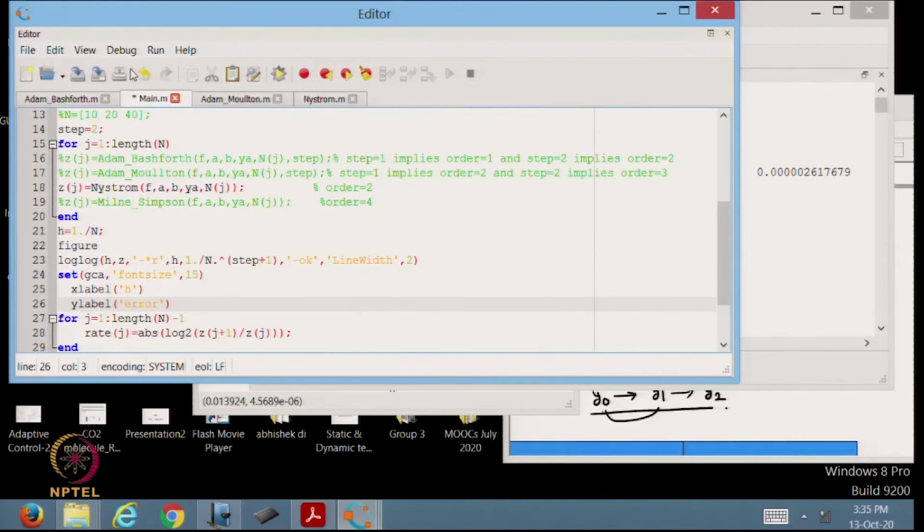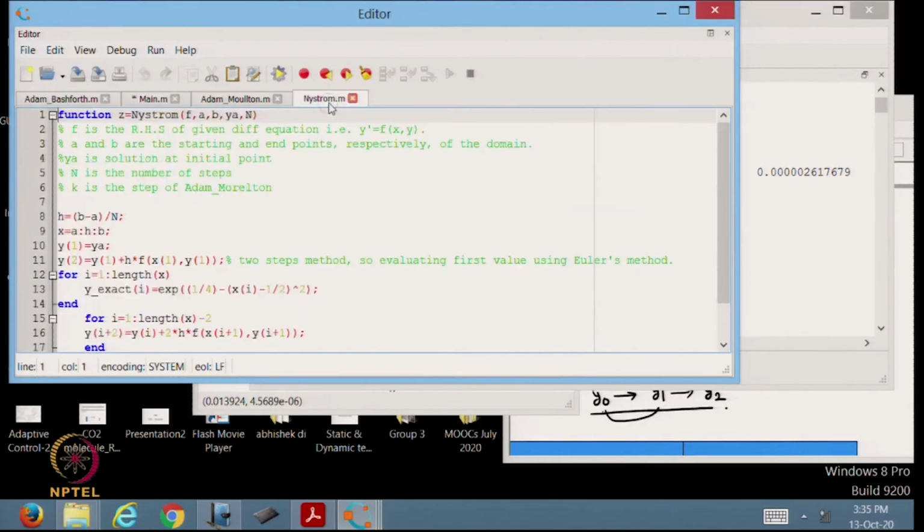Okay. So, because in this case I am implementing just one difference scheme, we are not taking the argument step, because we are not working with different steps. We are working with just leapfrog, that is why the argument step is missing here, intentionally. Now, if I see the function name Nystrom, the function prototype is in front of you, and the meaning of all the arguments is the same except step, which is not here, and I have explained the reason just now.